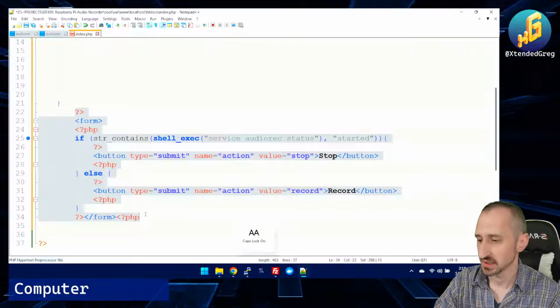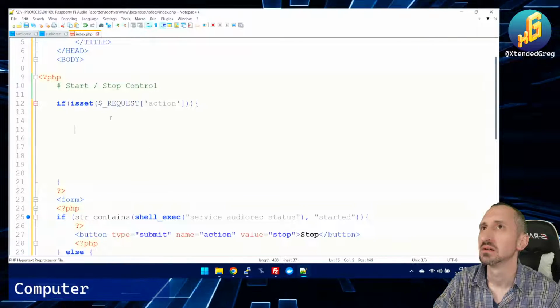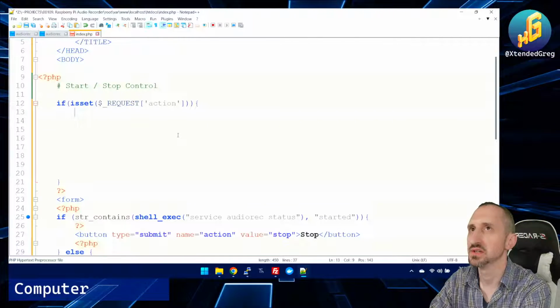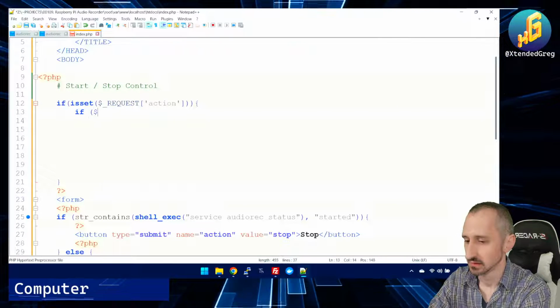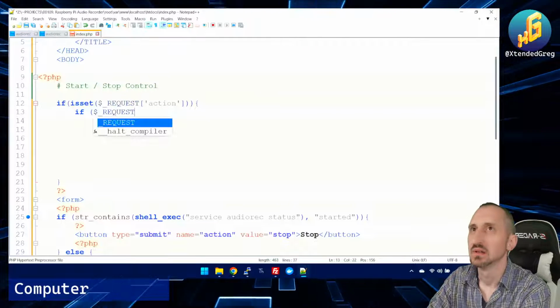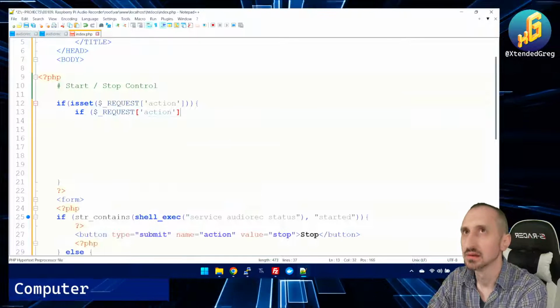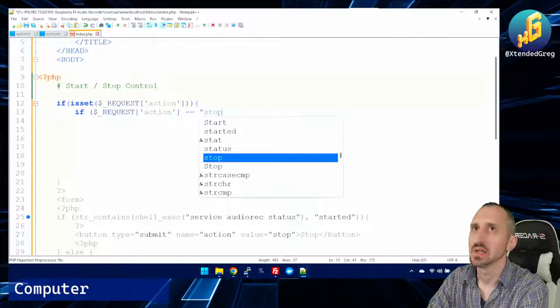So let's do this. But here we want to have it start and stop. So let's do if request action equals stop,